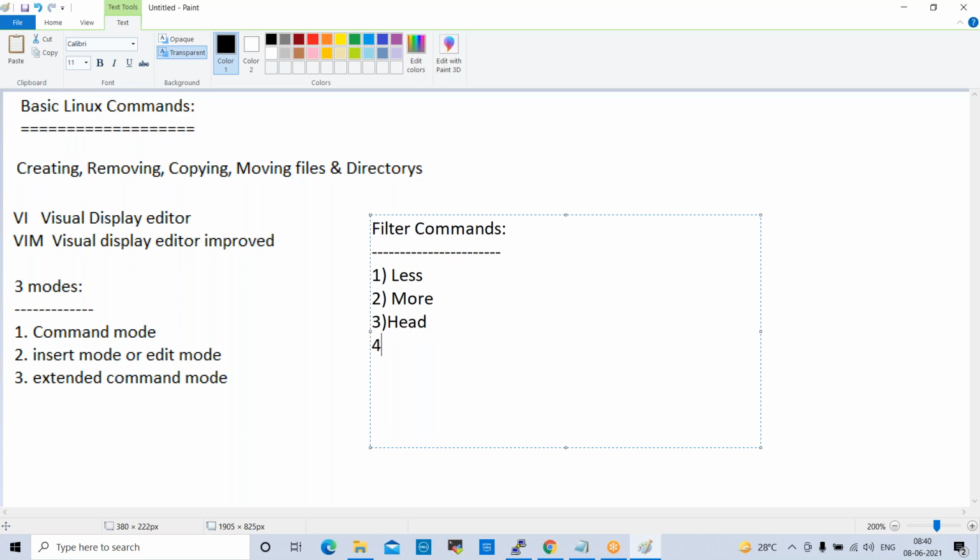The fourth command here is tail. So these are the important commands. What is the less command? What is the more command? What is the head command? What is the tail command? We'll try to understand. Directly we can apply these commands.